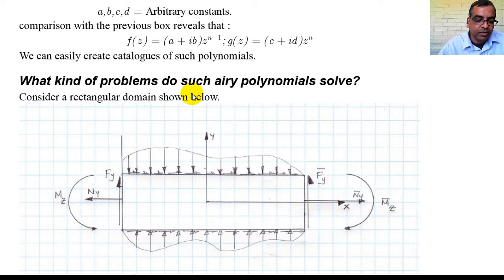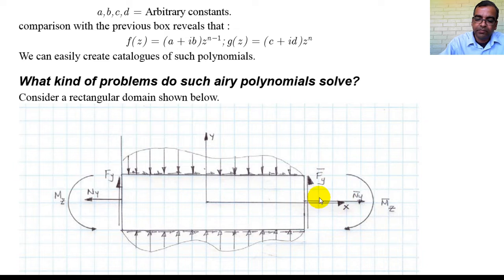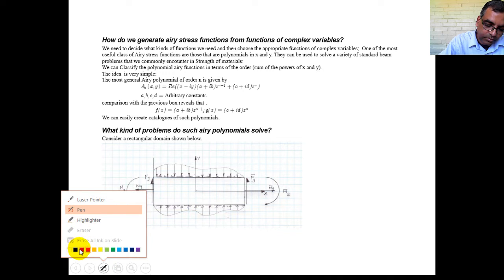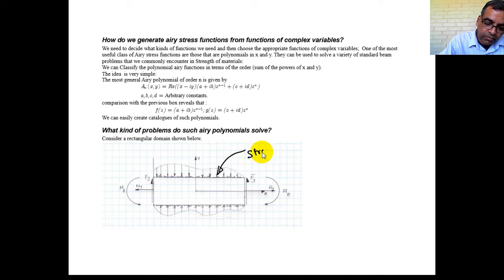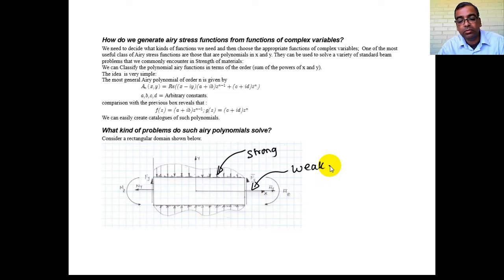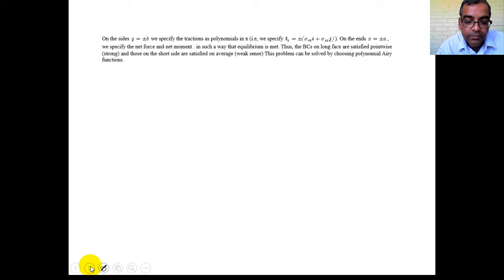So this kind of Airy stress function can solve the problem that is shown below. That is, I have a beam, I have some distributed loads on both sides, and I'm going to have weak boundary conditions. So strong BCs here and here, weak BCs here and there. Anything that's like that, we can solve. So how do you go about solving that? We are going to specify the top and bottom as polynomials as long as the strong boundary conditions